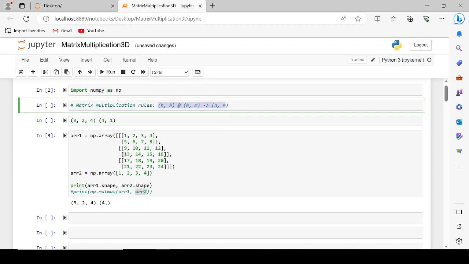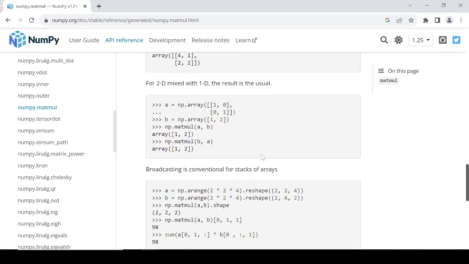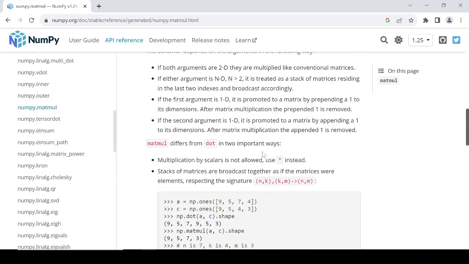So how are we going to use this rule here to see if matrix multiplication will work, and by extension, what is going to be the result? Because here we have 3 variables in array 1, and here we only have 2 variables, so that's fine. But if we look at Numpy's documentation a little bit further, we can see that